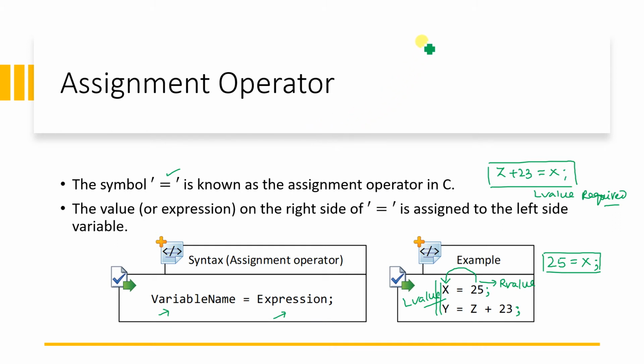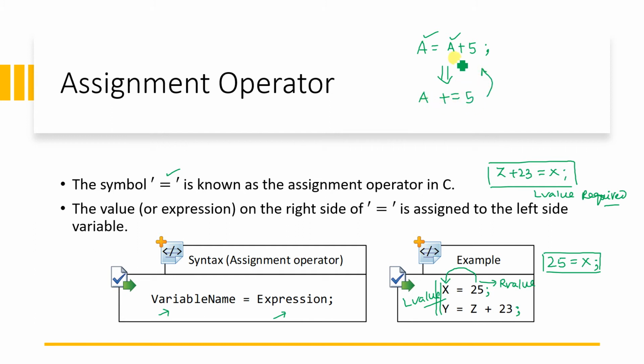Another interesting factor involved in the assignment operator is the shorthand assignment operator. For example, suppose you want to write a is equal to a plus 5. In this case, you are repeating a two times. But C says that it can be easily written in another format also. We can write a plus equal to 5. What does it mean? It means a is equal to a plus 5.